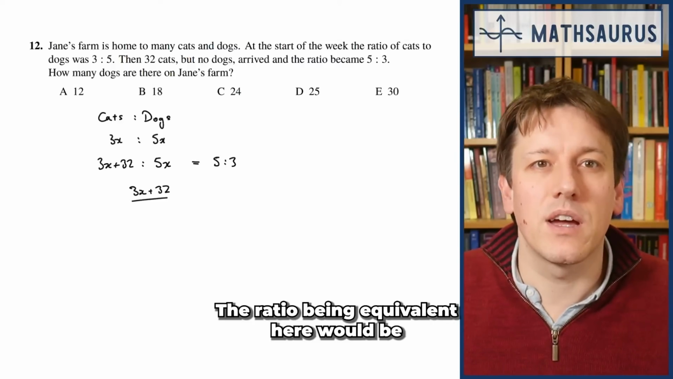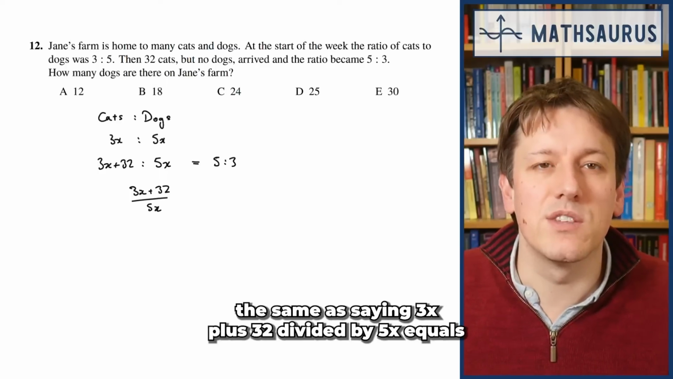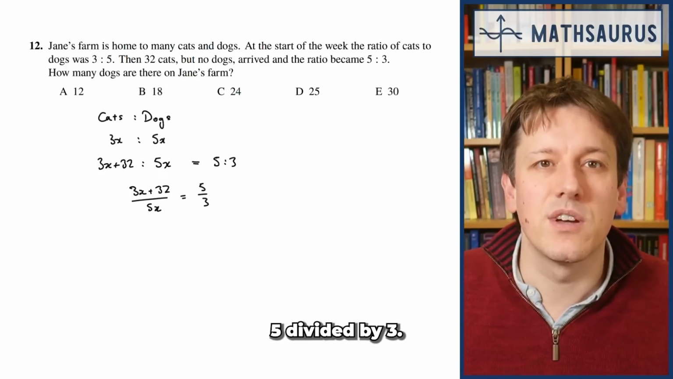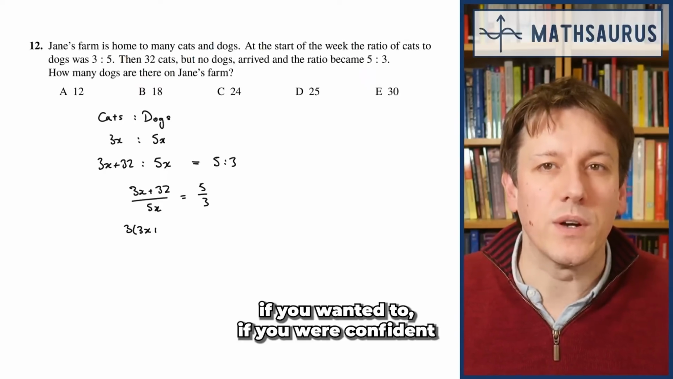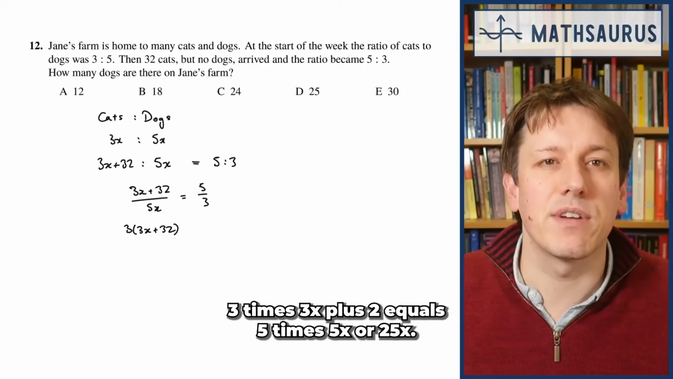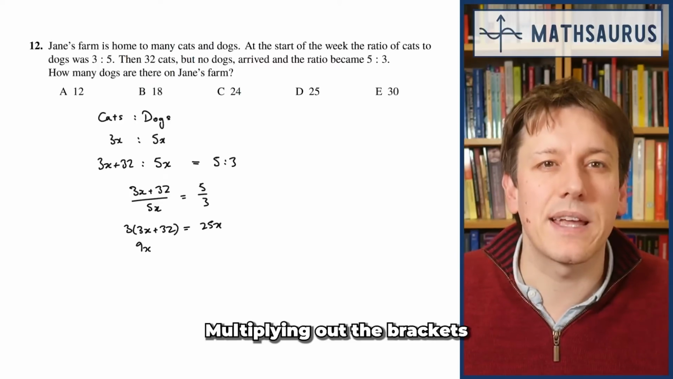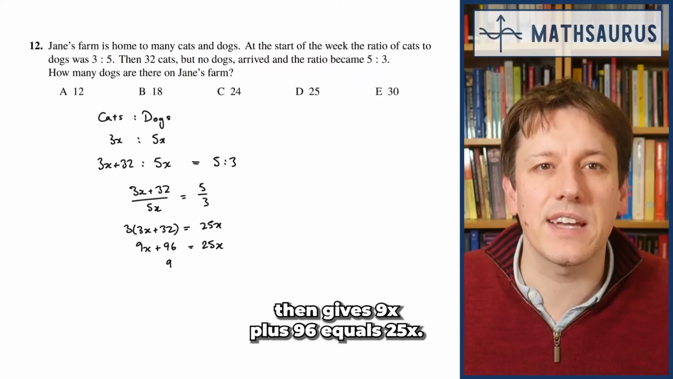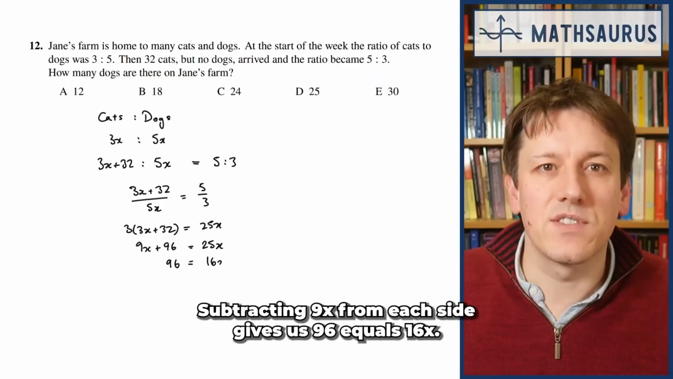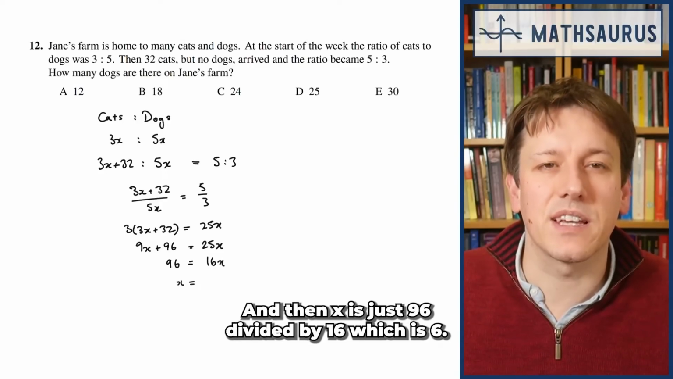The ratio being equivalent here would be the same as saying 3x plus 32 divided by 5x equals 5 divided by 3. You could write that straight away if you wanted to, if you were confident with ratios, as this next line, 3 times 3x plus 32 equals 5 times 5x, or 25x. Multiplying out the brackets then gives 9x plus 96 equals 25x. Subtracting 9x from each side gives us 96 equals 16x,